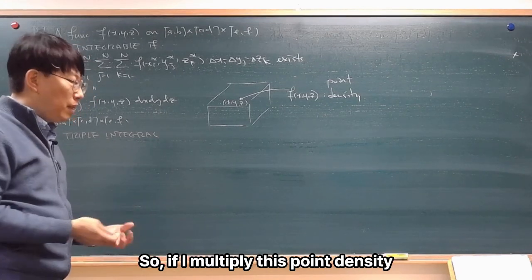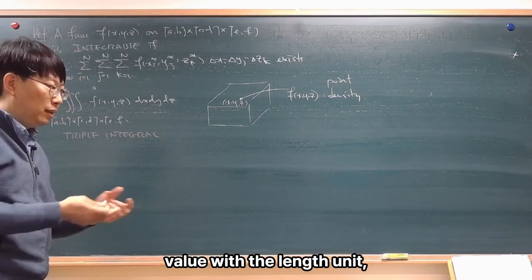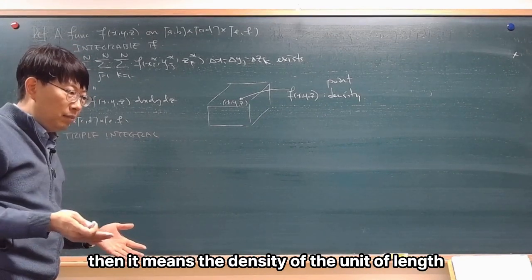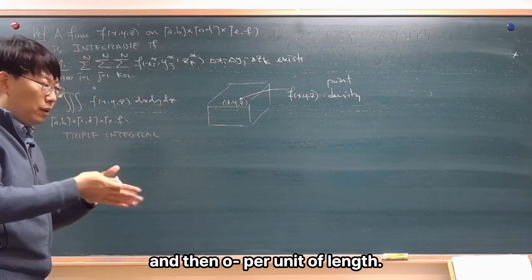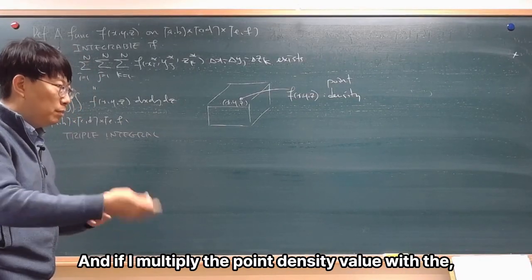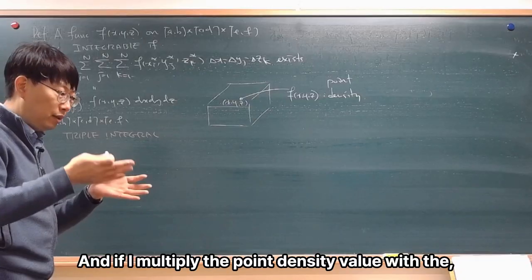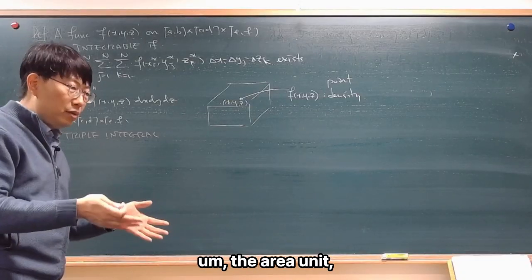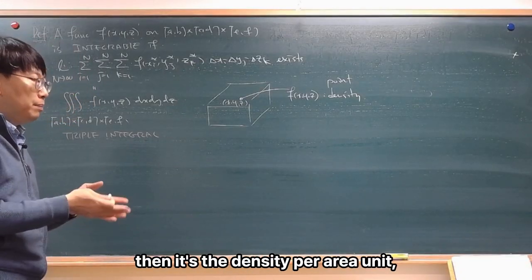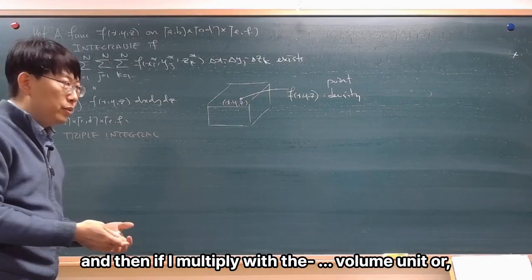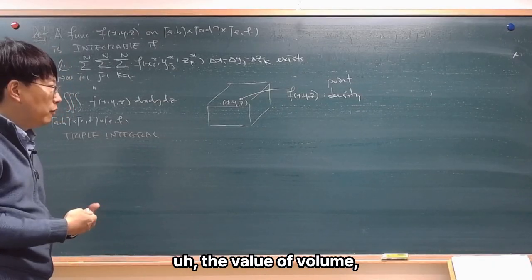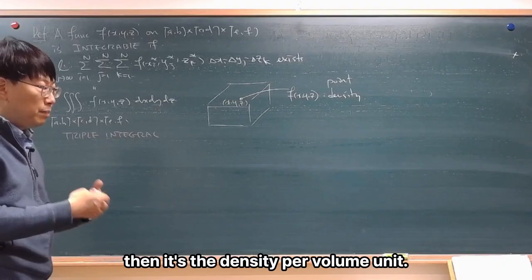So if I multiply this point density value with the length unit, then it means the density of the unit of length, and then per unit of length. And if I multiply the point density value with the area unit, then it's the density per area unit. And then if I multiply with the volume unit, or the value of volume, then it's the density per volume